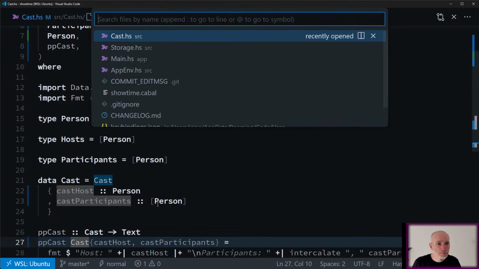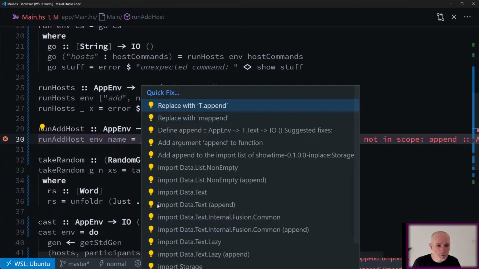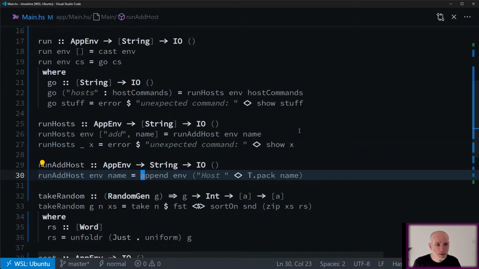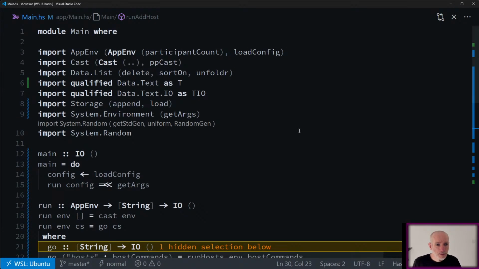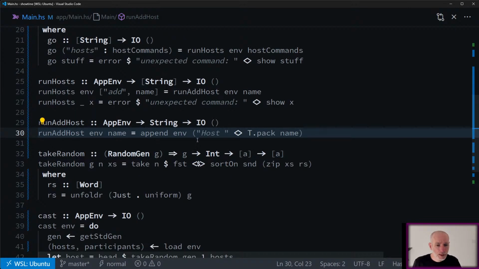And nope. In main, you'll be able to import append from storage. Oh, because it's scrolled off. Okay, so in theory now we can append to the list of hosts.